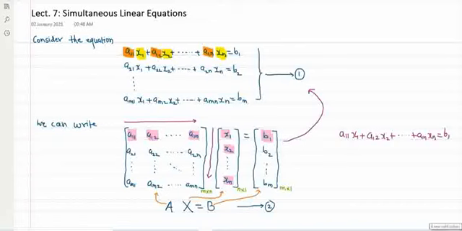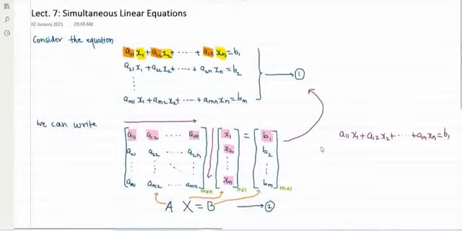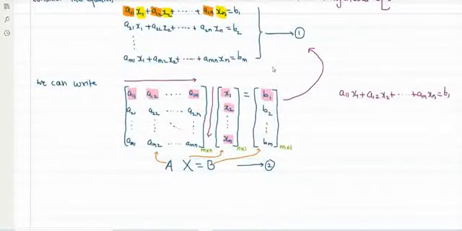And this system is called a system of non-homogeneous linear equations, m linear equations in n unknowns. I have used the word non-homogeneous, so here I will write, this is a system of non-homogeneous equations. Okay. Now, when you are writing this system in matrix form, this first matrix I am